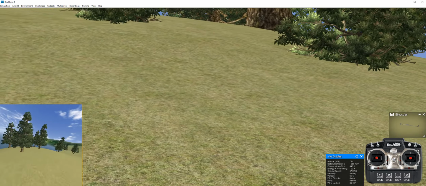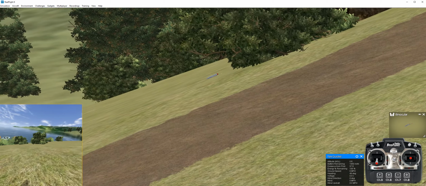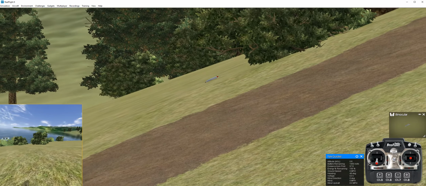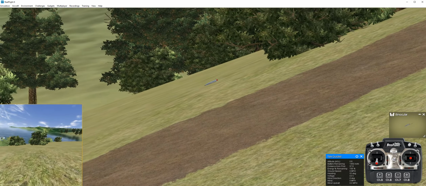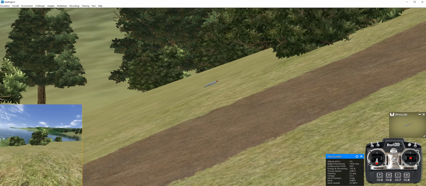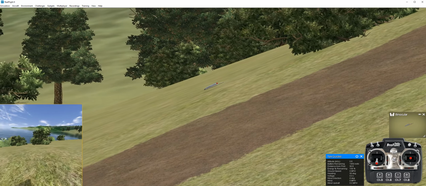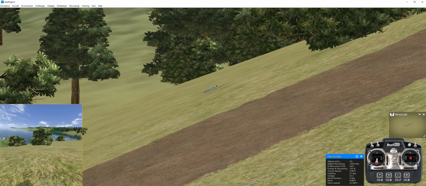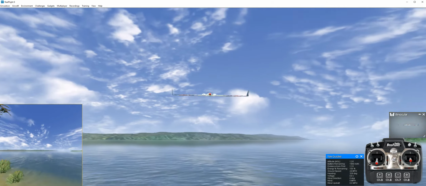Use your distance from the pilot. Use your heading in terms of degrees. Watch your battery consumption. Watch your speed. Watch your altitude. Stay in that 100 to 150 feet off the ground. Watch your ground speed so that when you're landing, it's a little bit slower, and try to get yourself a good landing there. So you're going to continue to practice this